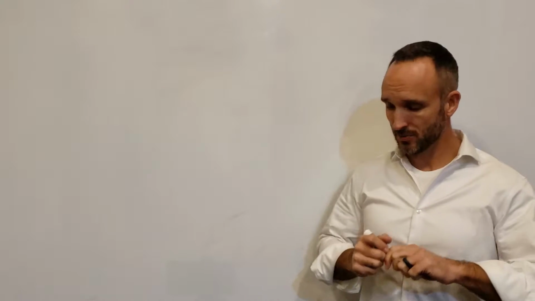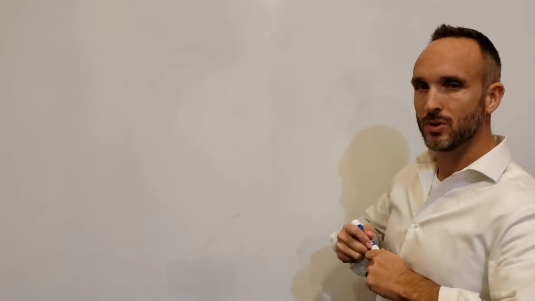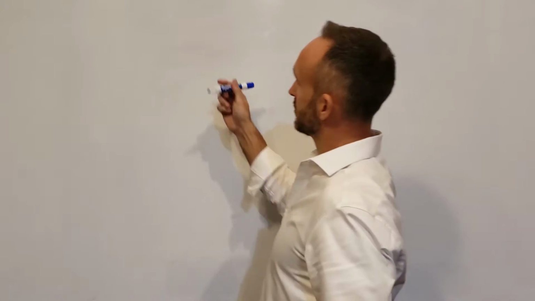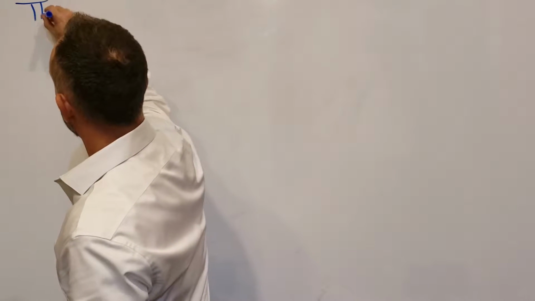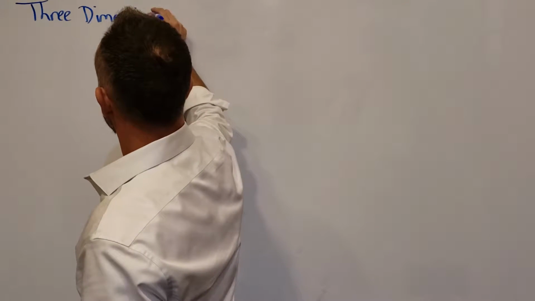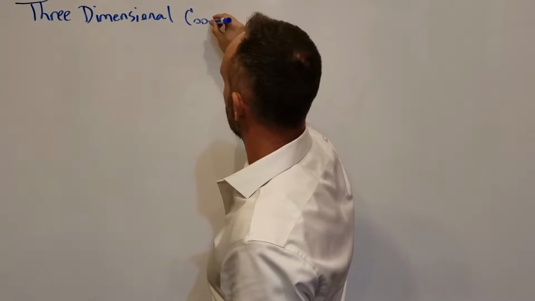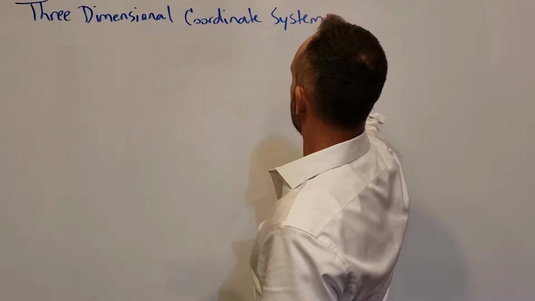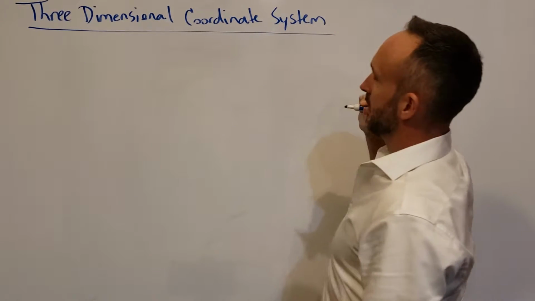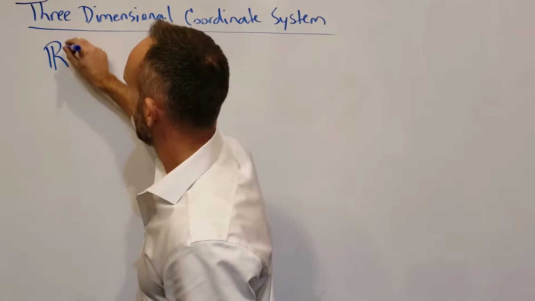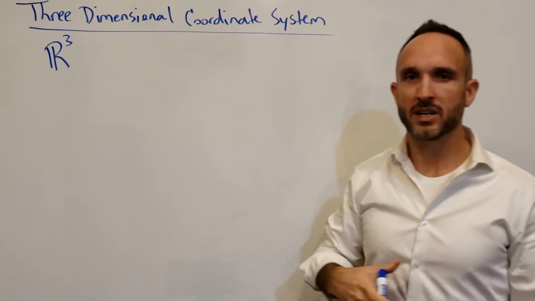Okay, so in this video I want to look at the three-dimensional coordinate system, the Cartesian coordinate system. So we're used to the two-dimensional coordinate system, but we're going to look at three dimensions. Three-dimensional coordinate system. And sometimes this is referred to as R3 or R cubed because